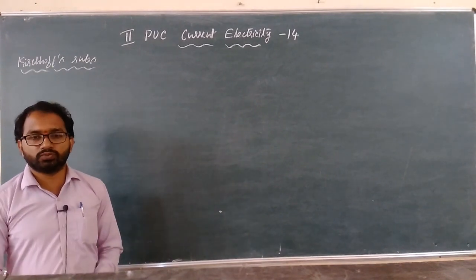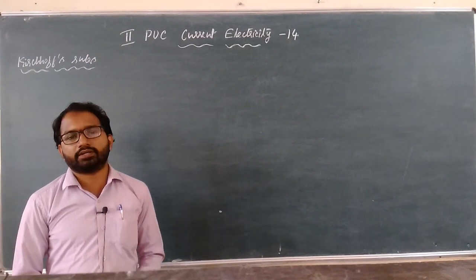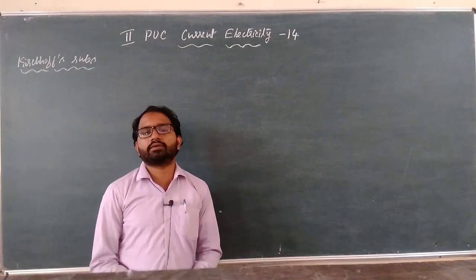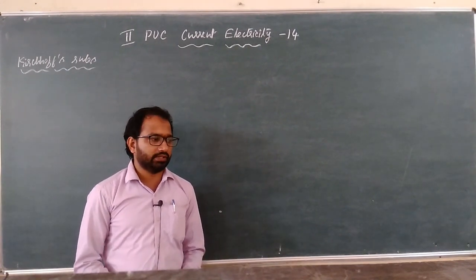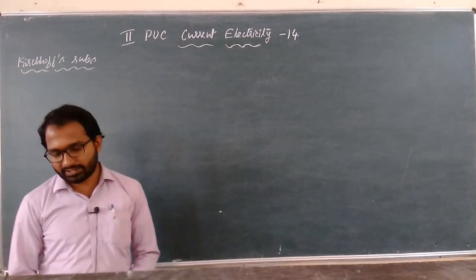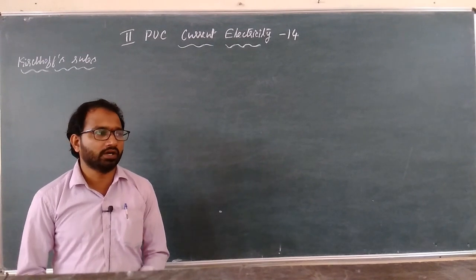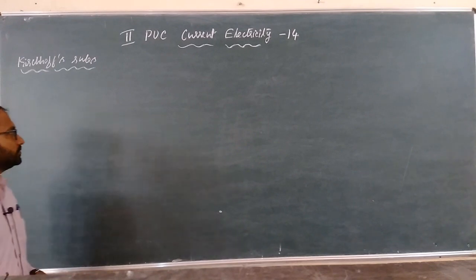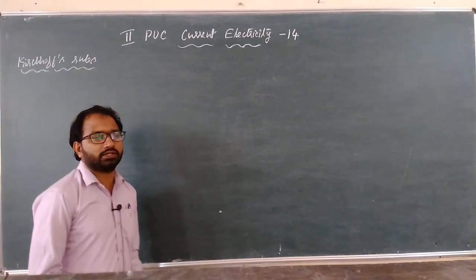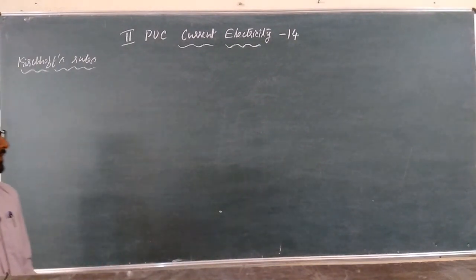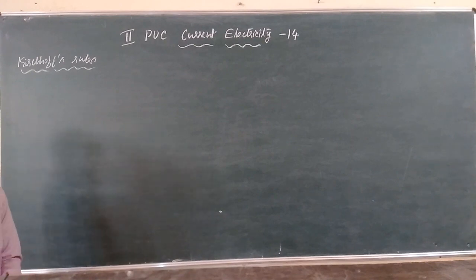We cannot simply use Ohm's law and the formulae whatever we derived so far for equivalent value of EMF or equivalent value of resistance. So those formulae are not enough to solve such complicated circuits, which are called complex circuits. So Kirchhoff gave two laws, two rules, which are famously called Kirchhoff's rules or Kirchhoff's laws, which can be used to solve such complex circuits.